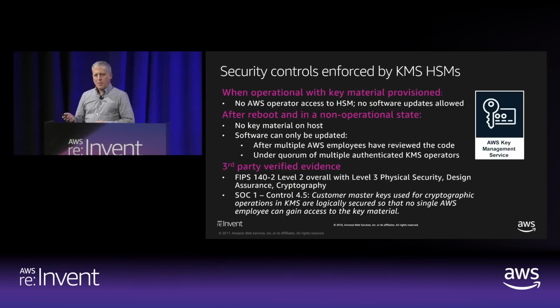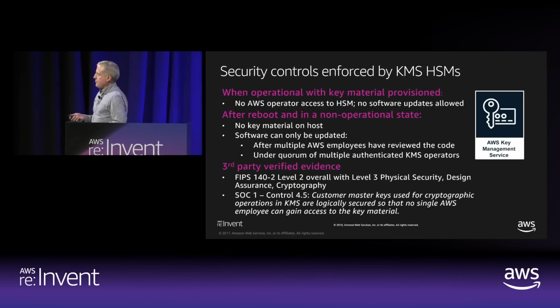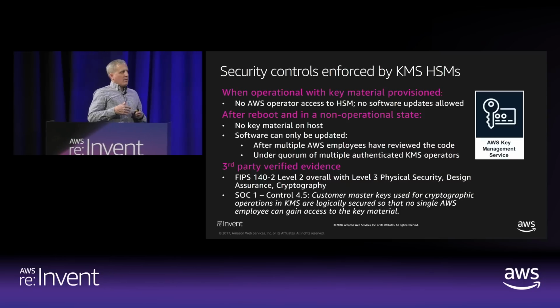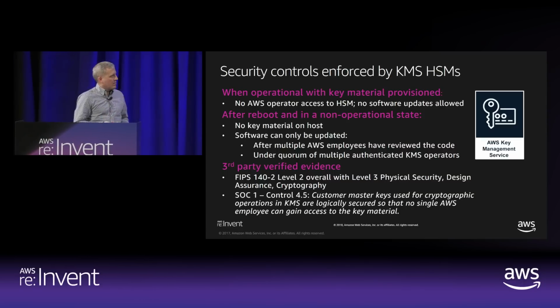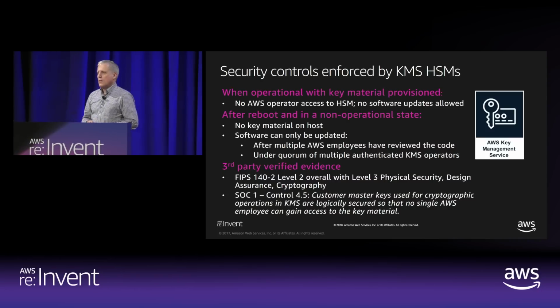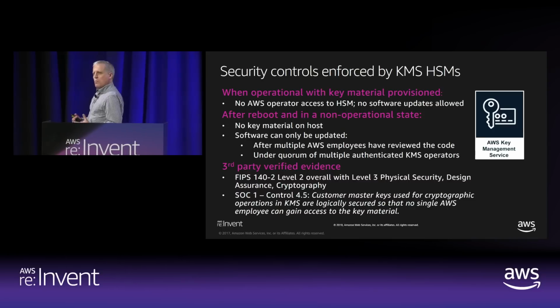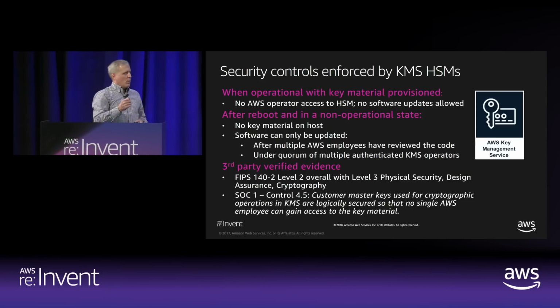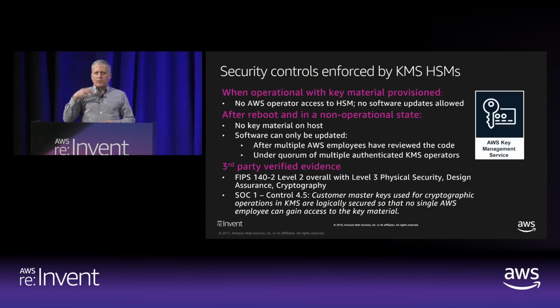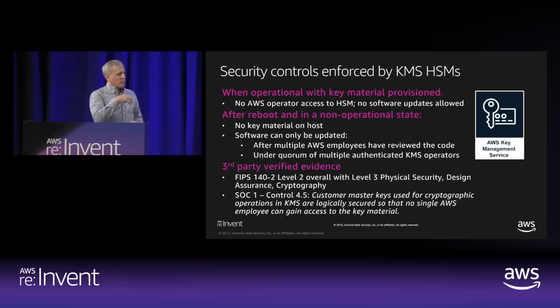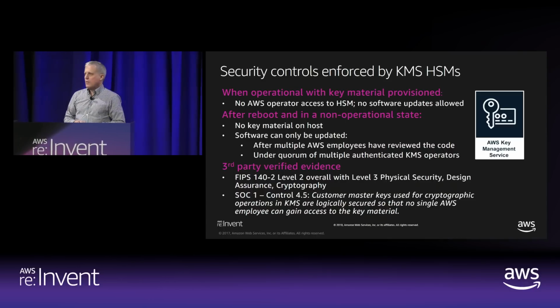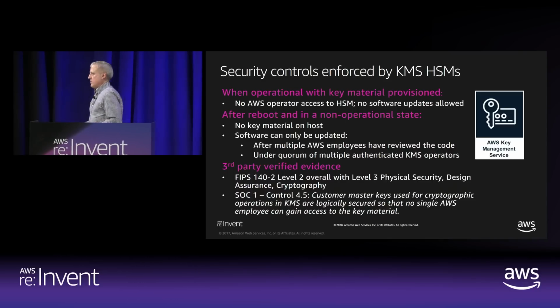Okay? How do we do this? Well, we say the service is designed so that once master keys are generated, the plain text copy of the master key is not available to anyone. It is simply not accessible. How does that work? Well, when one of our HSMs gets provisioned, when we launch a new region, once it is in active mode and it has generated its own set of keys that are then used to protect your customer master keys, there is no SSH to it. There is no telnet.